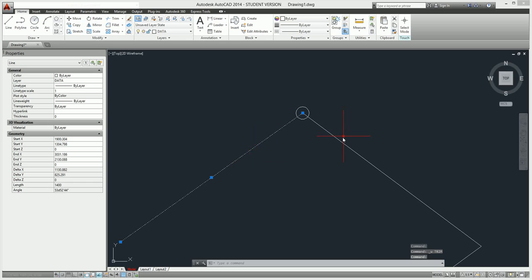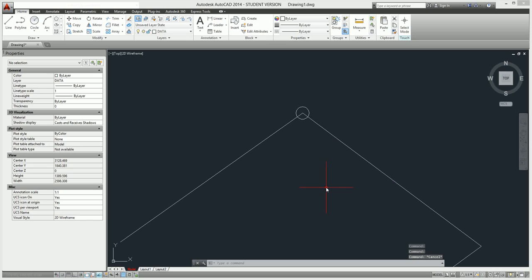So what we need is to maintain the lines but have a clear center to our peg, and the way we do that is with a wipeout. So how to create a wipeout? Well, there's a wipeout command, and the wipeout command requires a polyline, and then it will wipe out anything within the polyline. So first thing we need to do is create a polyline around there, and I do that with